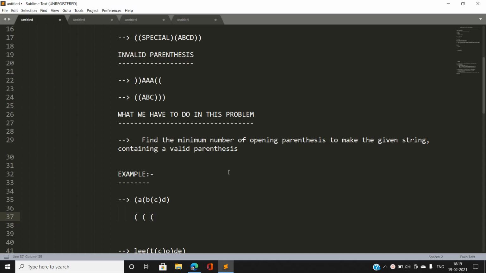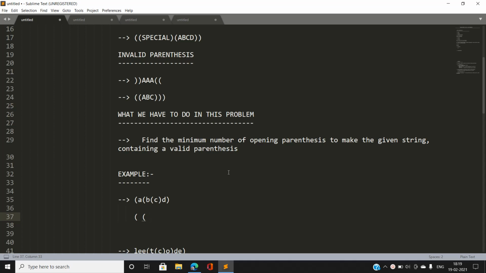This will cover the opening parenthesis just before C, so I am going to erase this. So we still have two opening parentheses left in the current state of iteration.